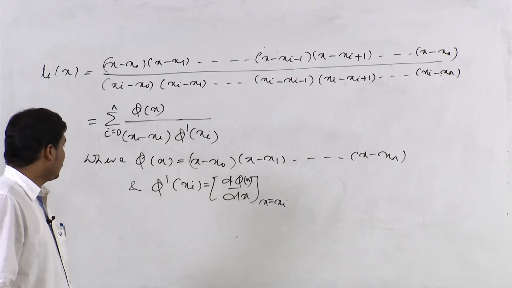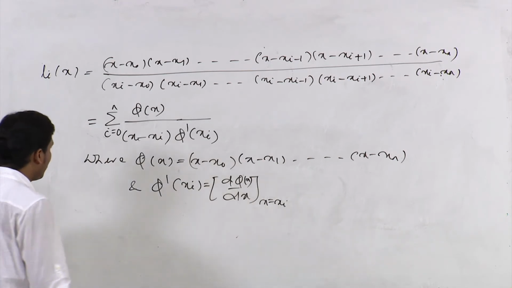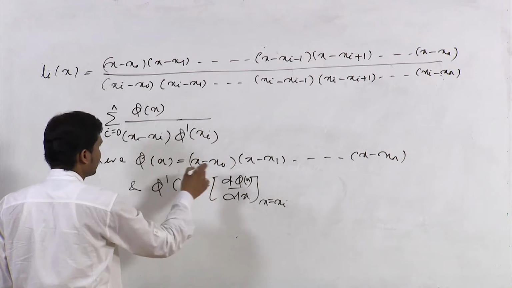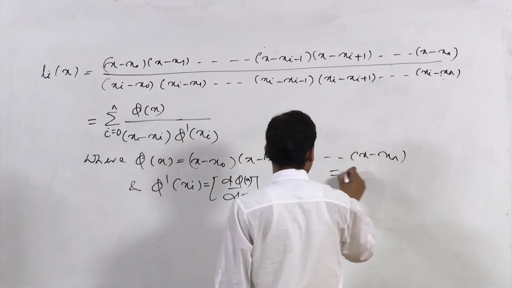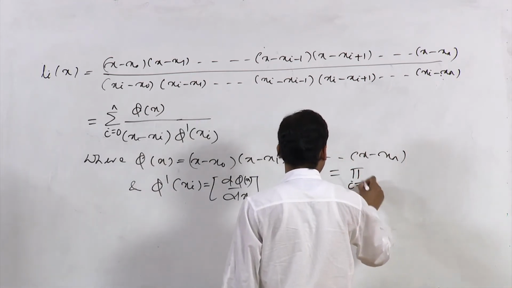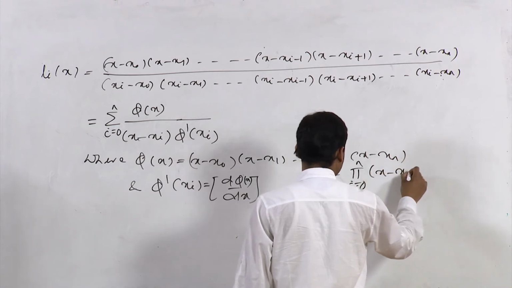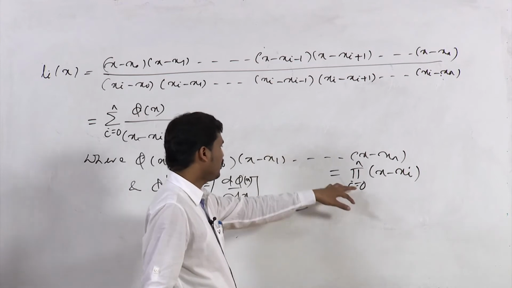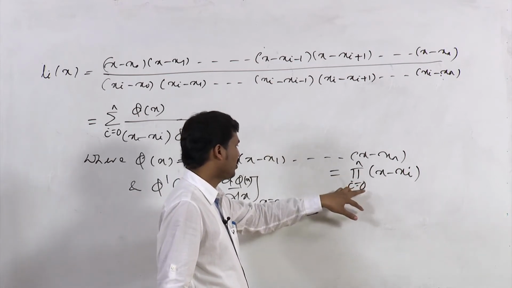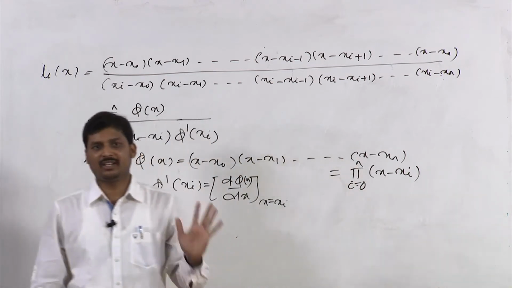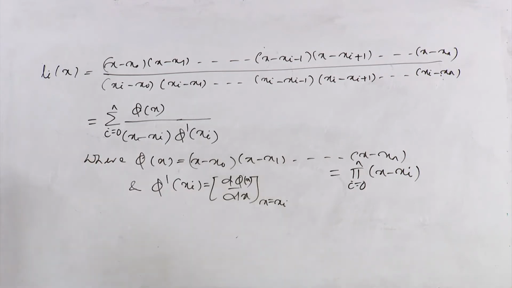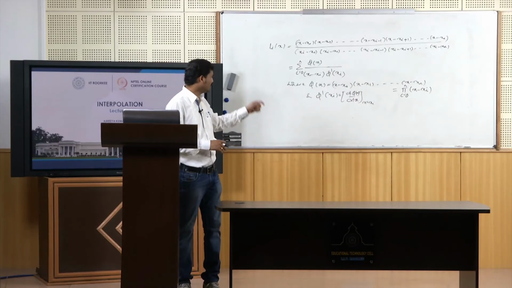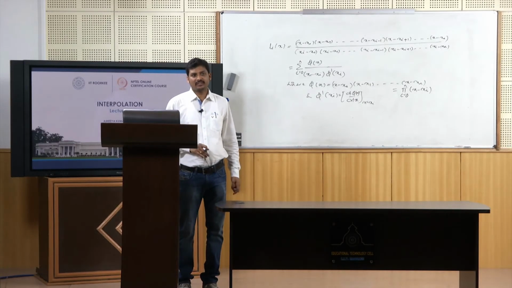So, in both these forms it can be expressed, since phi of x can also be represented in the form of the product of i equals 0 to n of (x minus xi), and some people are also using this one as the prime of the product of i equals 0 to n of (x minus xi). So, if you express this Li(x) in different forms here, by considering n plus 1 points